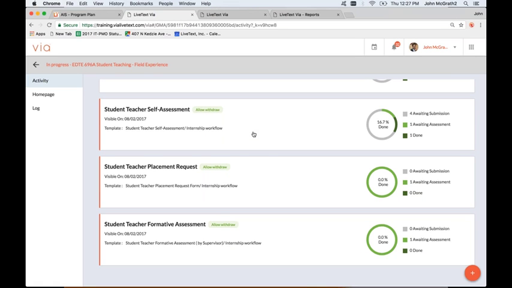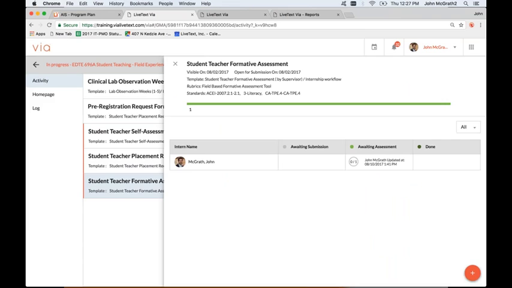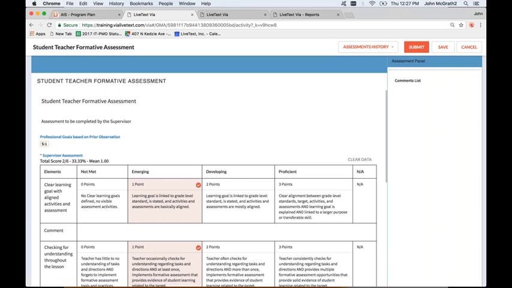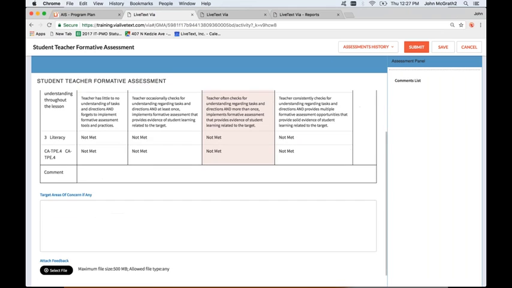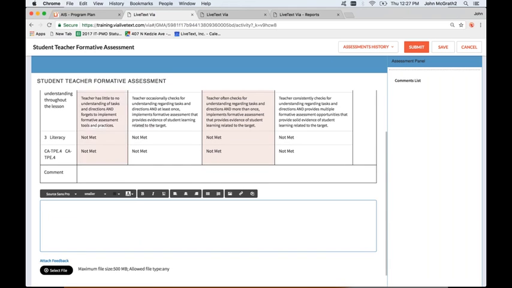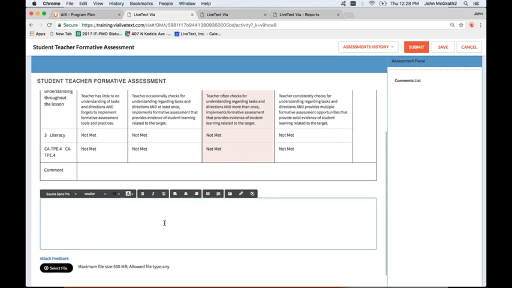So when I click on one of those, it's the same process for assessing students in the course, right? You click on it, you see the students you need to assess, you click on the assignment, and then I simply click on the rubric in order to collect the data. I can write any type of feedback. Again, these type of activities are the same ones that we create within the course that can be created in the field. So we can make these really rich type of activities, whether it be rubric-based or formative feedback or